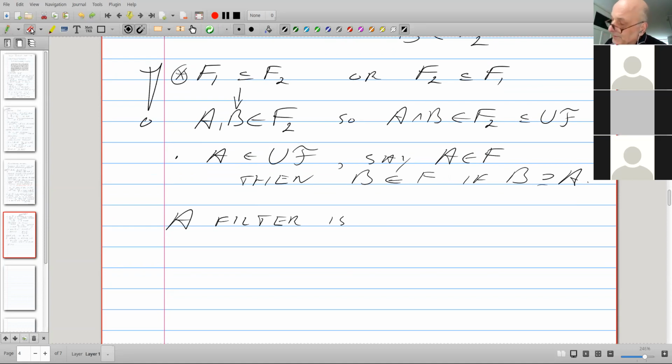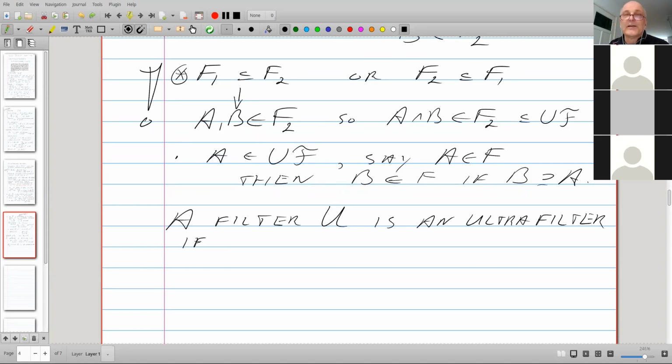Let's call the filter U. Okay, we can define ultrafilters in many ways, and if you look back at the quote of Comfort on the first page, you saw something about a truth definition.